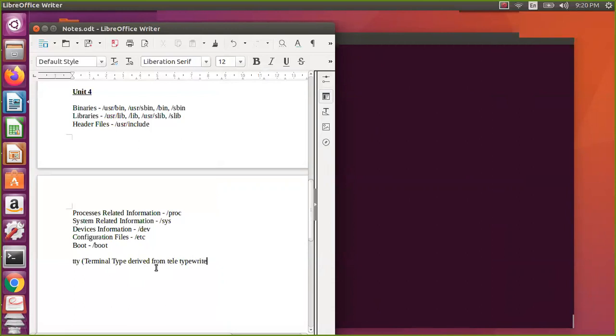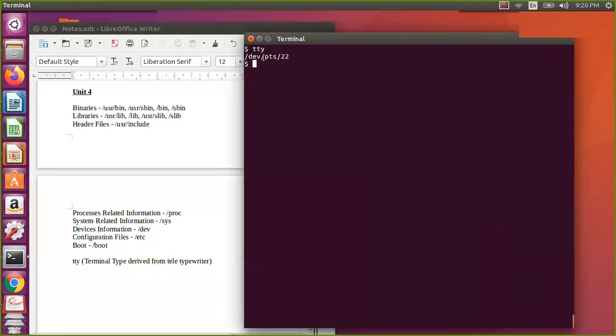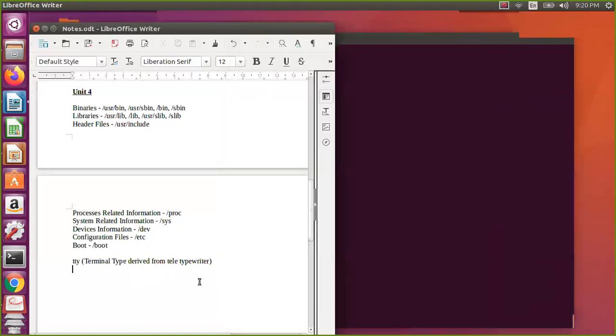If you see here, this is the given device, the original device. And then pts. pts stands for pseudo terminal system, which means this is not a real terminal. This is a pseudo terminal.